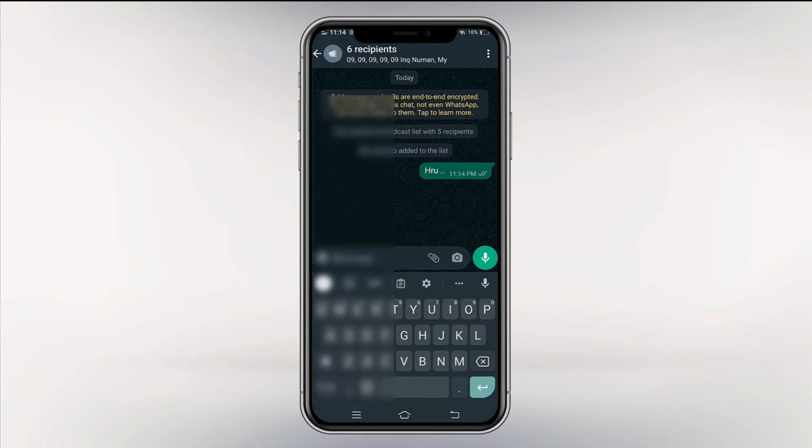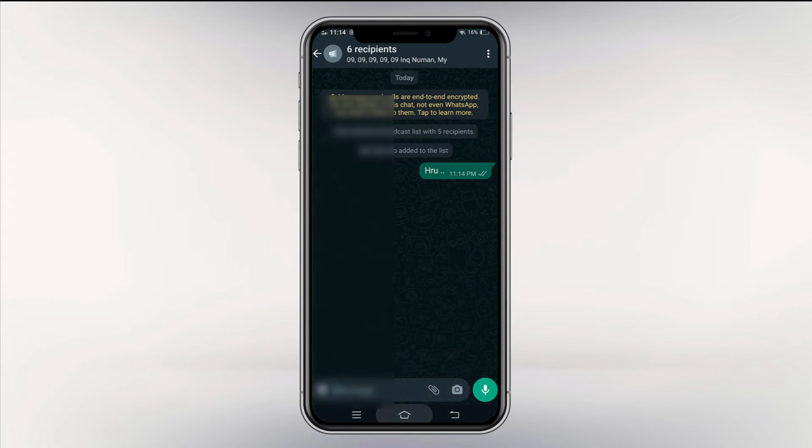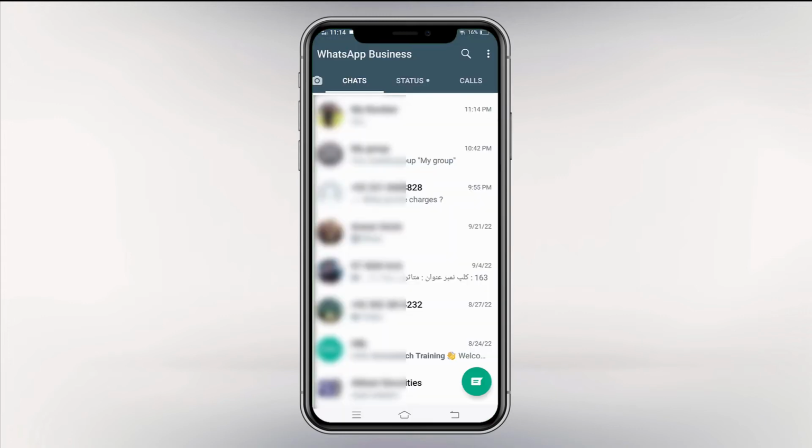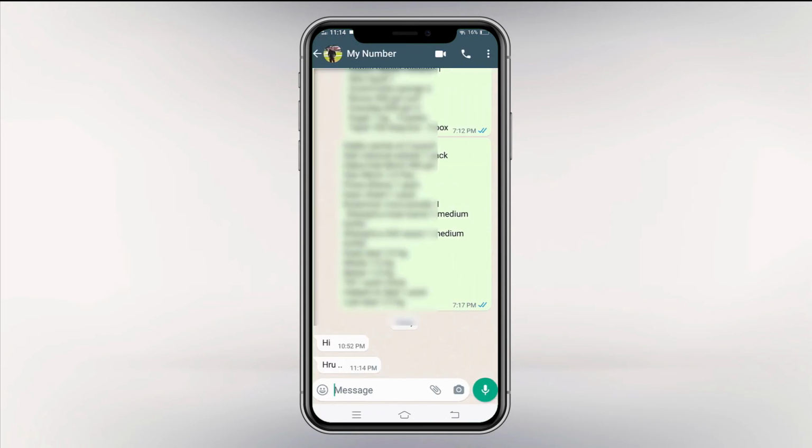If they don't have your contact, WhatsApp will not broadcast them the message, and that is to prevent unwanted messages sent by the users. So let's see how the message will look when it is delivered to the person. This is the message I received, and it says, "How are you?" Now, if you notice, it doesn't say anything about broadcast, and you won't even know that this message was sent